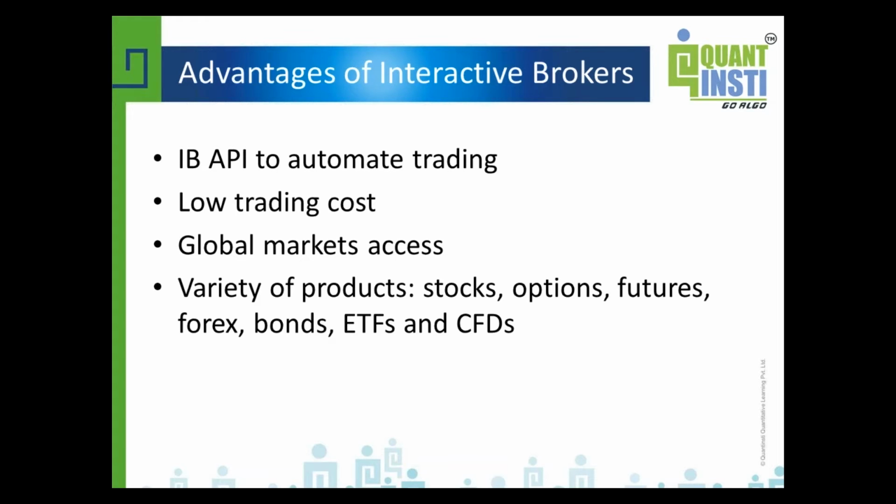Okay, here are the advantages of Interactive Brokers. Interactive Brokers is a very famous broker and dealer located in the United States. I'm pretty sure a lot of you have experience with Interactive Brokers. We will call it IB in the presentation. The advantages of IB, based on my personal experience: the best part is IB's very powerful API to do automated trading. It's very important, and that's the topic of today's presentation.